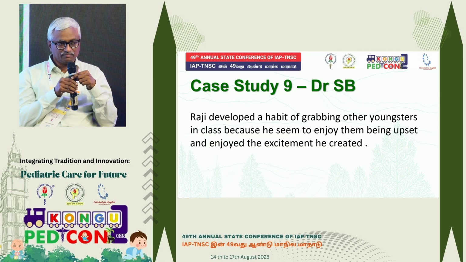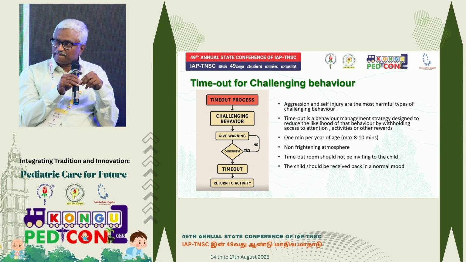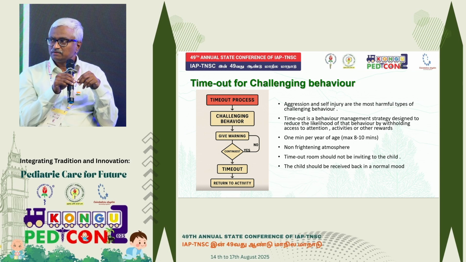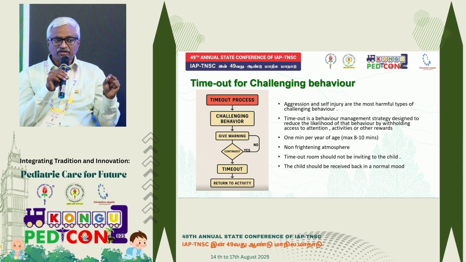So the last case is how Raji developed a habit of grabbing other youngsters in class. He enjoyed them being upset, and he enjoyed the excitement he created. So what is the punishment, or how do we tackle this? We call this a timeout. This is called a timeout, which we give for children. This is not a positive punishment. This is a negative punishment,